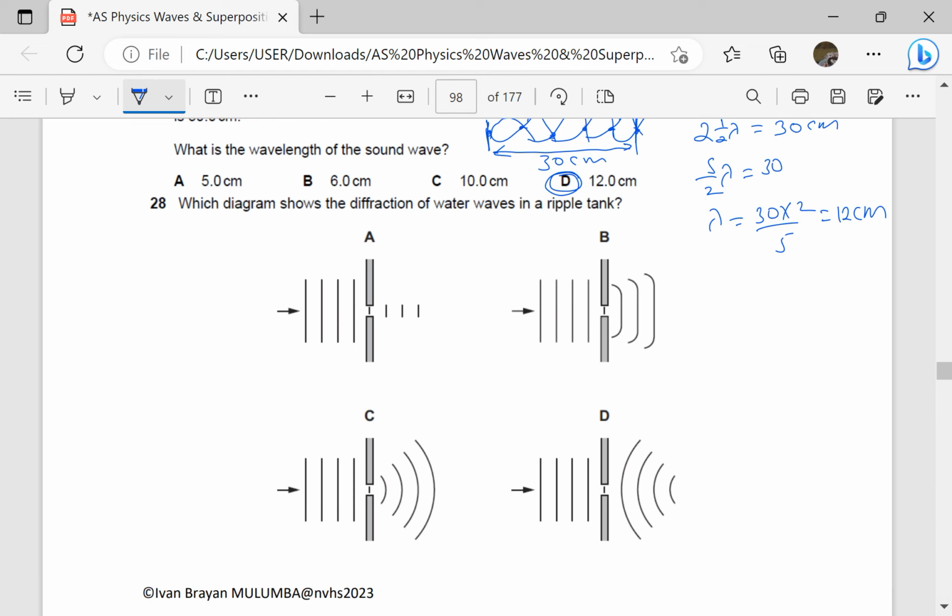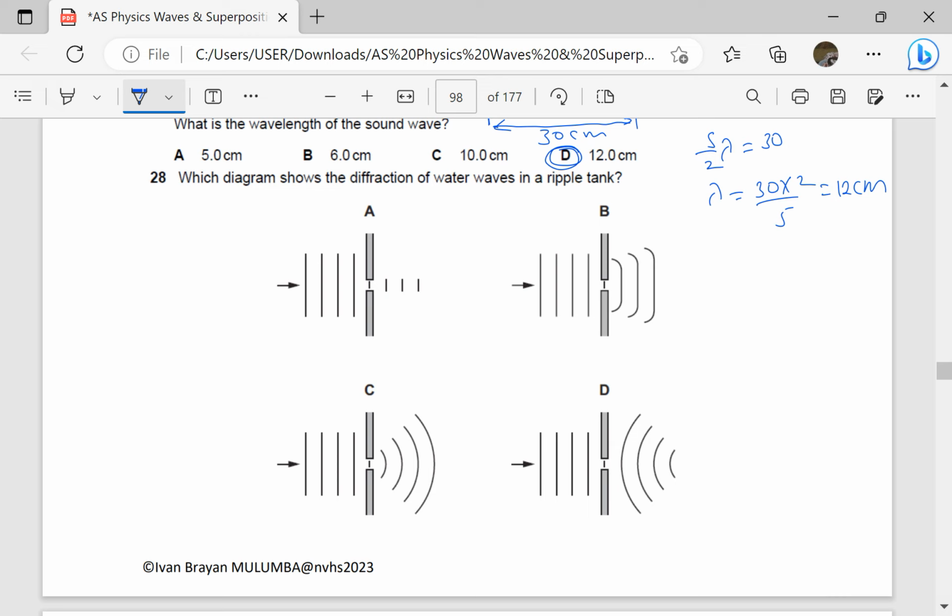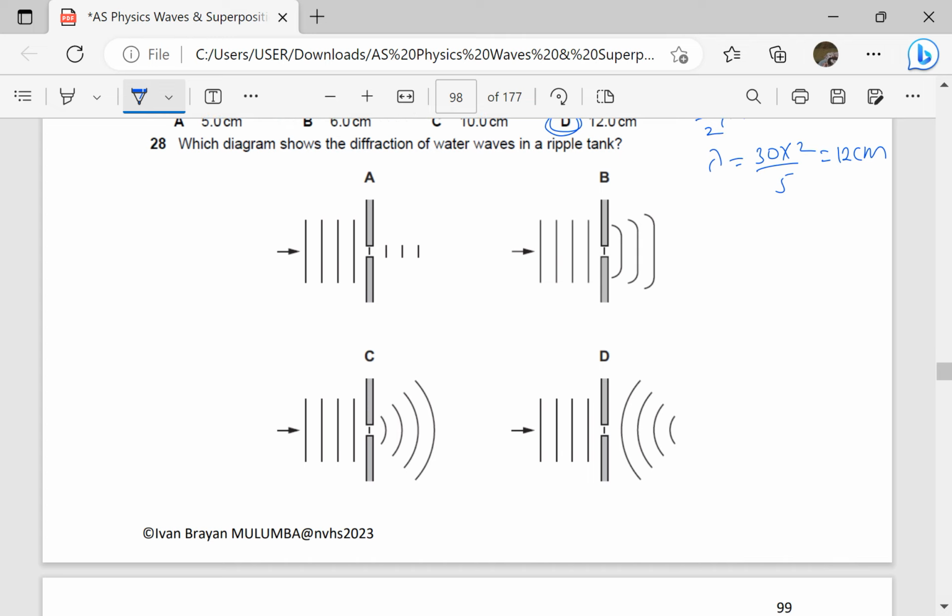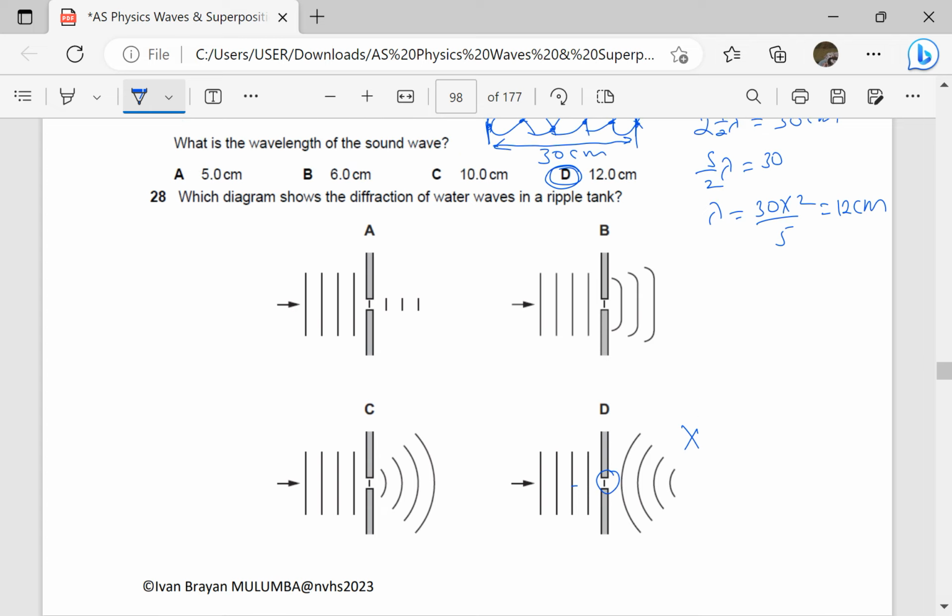Which diagram shows the diffraction of water waves in a ripple tank? Note very carefully, when diffraction occurs, the wavelength does not change. The wavelength does not change. So this is wrong automatically because there is no way diffraction patterns will bend towards the source. Here the aperture is like the source of diffraction. Then secondly, this one is also not. This is showing some diffraction. The wavelength is remaining the same, but then the pattern of bending,